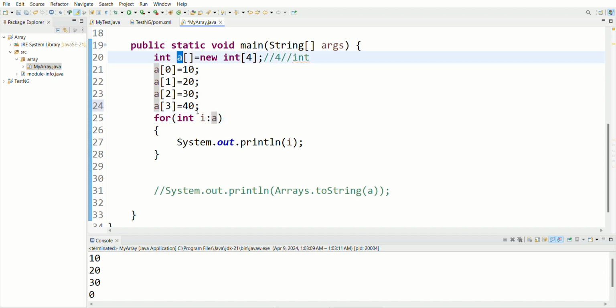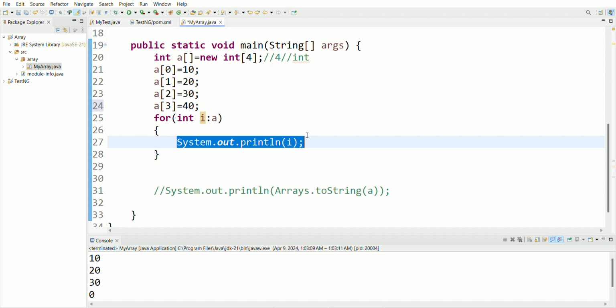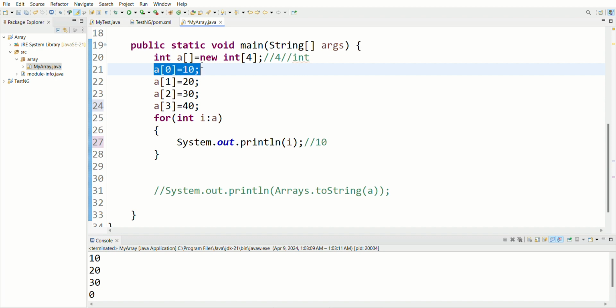And then I am printing here i. How is it internally working? Let me describe it first. At first, the element at 0 index, a of 0 is equal to 10. At first, it will be assigned to integer i. Got it? At first, the array's 0 element will be assigned to this int i, and I am printing here i. What will i be? i will be 10. Why? Because a of 0 is 10. It is assigned to int i, and then I am printing i. That's why it is giving the value 10.